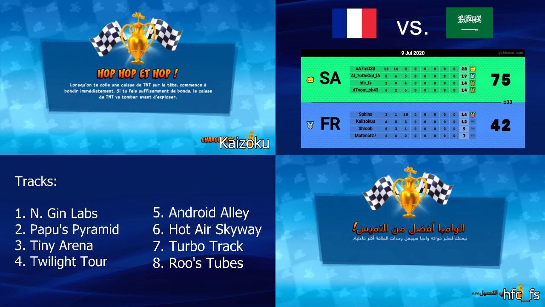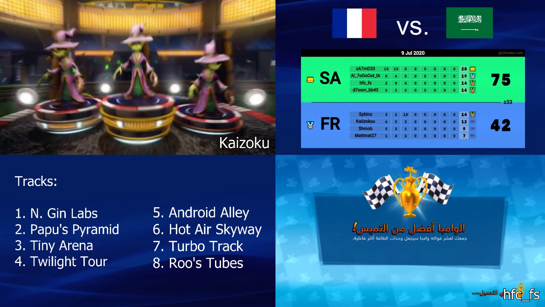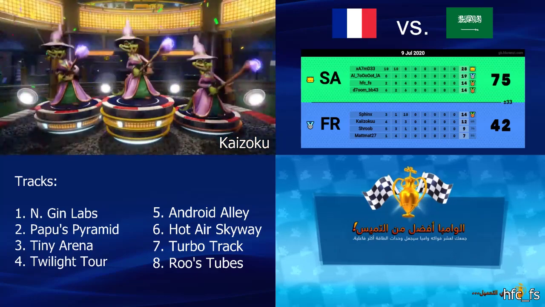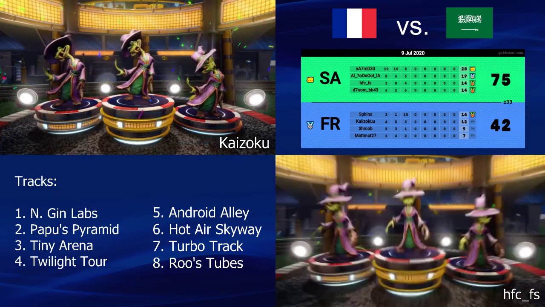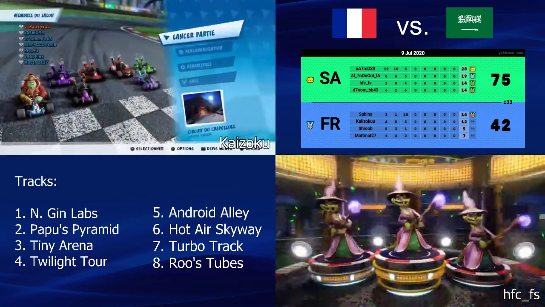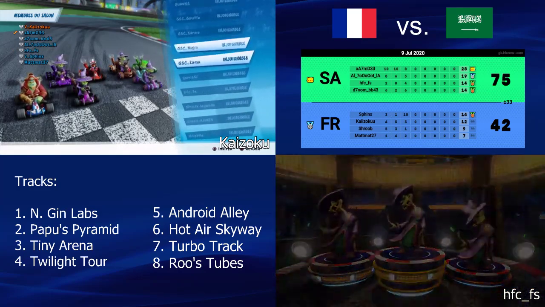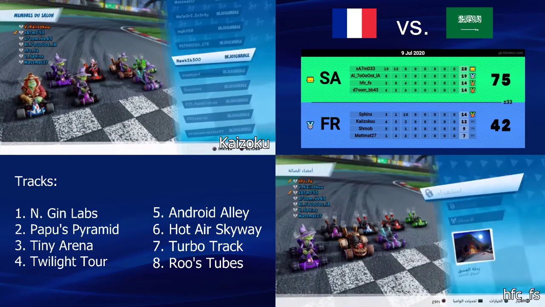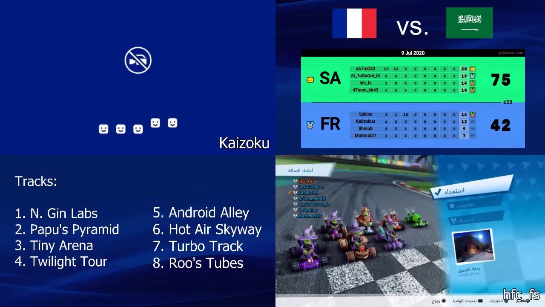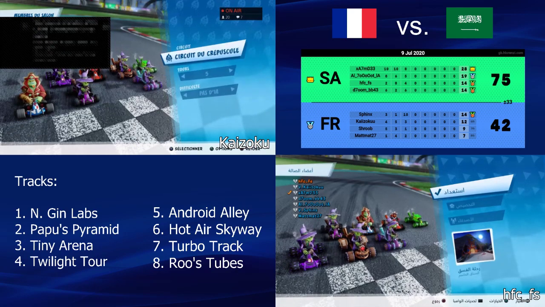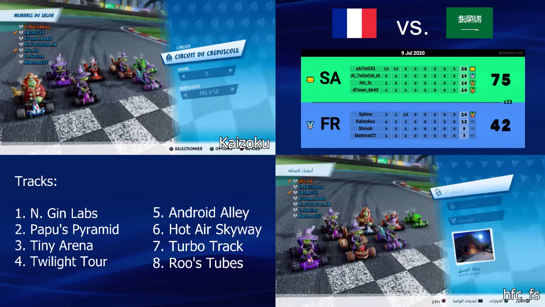Although, we also must say definitely props to the Saudi Arabian players here. They are playing very well. They have fantastic item plays. They are very consistent when front running. It's definitely a combination of, I don't even know what it is, but it's just the starts. The Arabian players have such good starts. They always manage to escape with at least 2 players at the start, and then they hold onto these positions and keep them until the race is over, and that's basically where all the points go. They basically secure their wins early on. They break off.